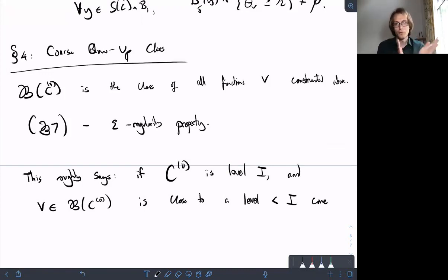And so if the graph of V is close to a level I cone, so the multiplicity two pieces split into two approximately linear pieces,